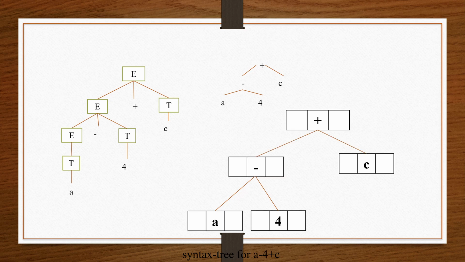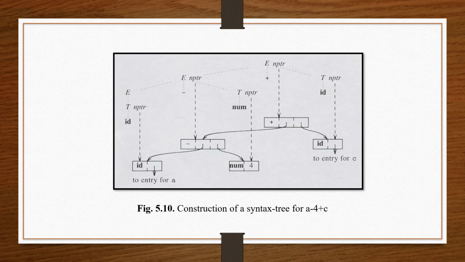This is the corresponding action. Okay, this is what the semantic rules are. Understood. So we are going to use this abstract syntax tree. The same is converted here. Okay, the corresponding action will take place. So this is the meaning of a particular grammar. So, previous grammar. See, construction of syntax tree for A minus 4. So this is the meaning. Okay, the same thing, but look at that. So address assignment is shown in the figure. T node, ID. Okay, entry for A. So NPTR is pointing to ID. The same thing, the same is converted.